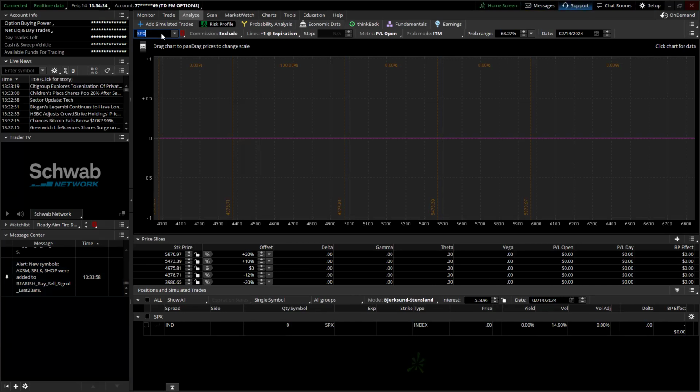That's not ideal, because if you wanted to make some sort of incremental adjustments, or any adjustments whatsoever, if you wanted to roll any part of your structure, you can't do it if you only have strikes that are 25 points apart. And you will see that in a minute. So let's just first talk about